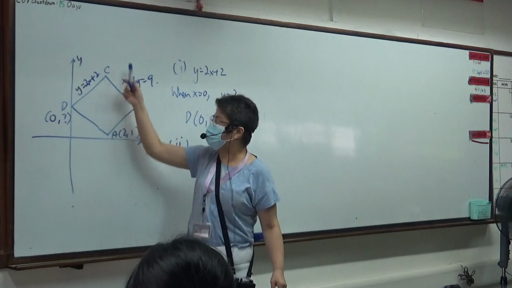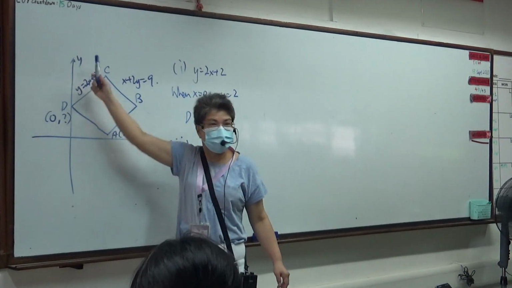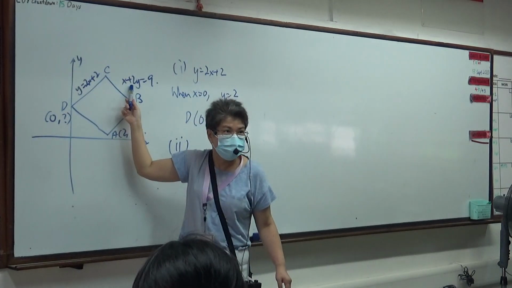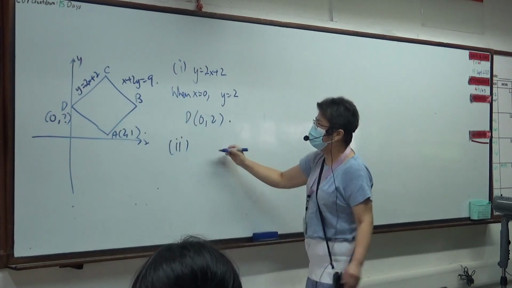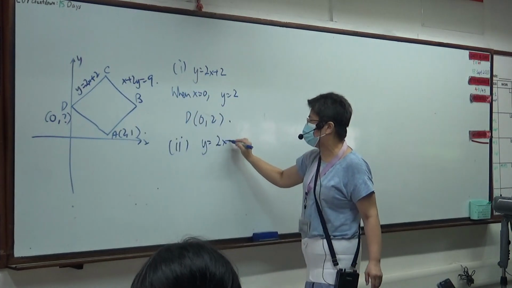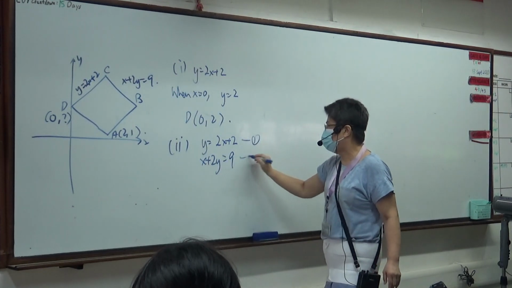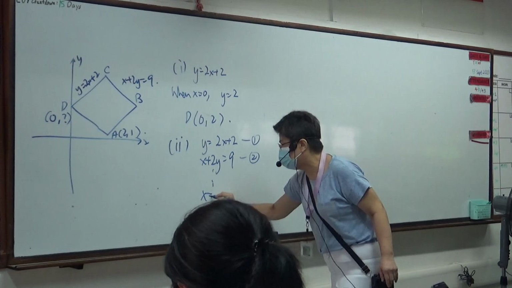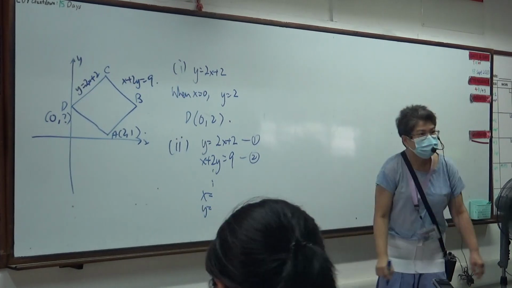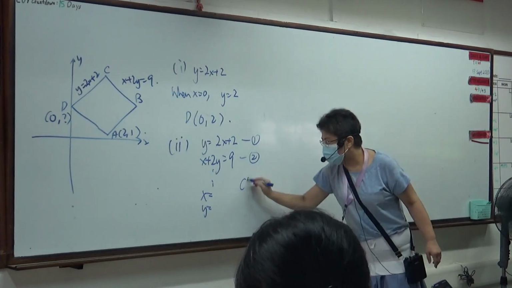Do you agree C is the intersection of these two lines? So I just solve this simultaneously, right? Alright, I will solve this simultaneously. Y equals 2x plus 2 and x plus 2y equals 9. Equation 2, you will get x equals something, y equals something, right? Alright, so C will be,